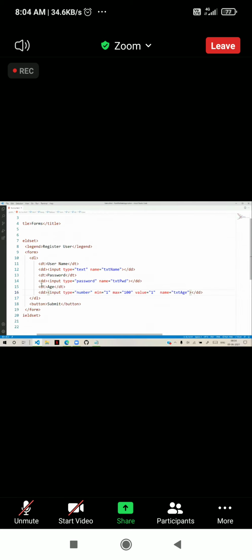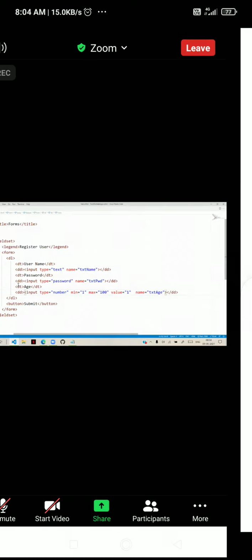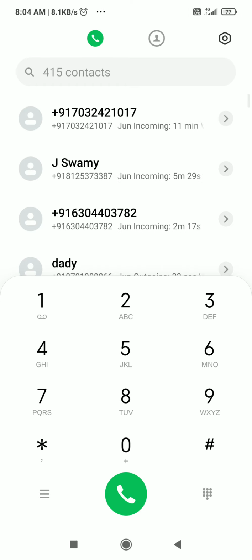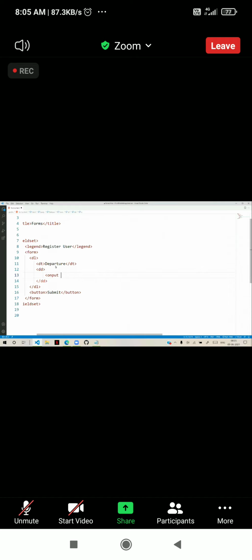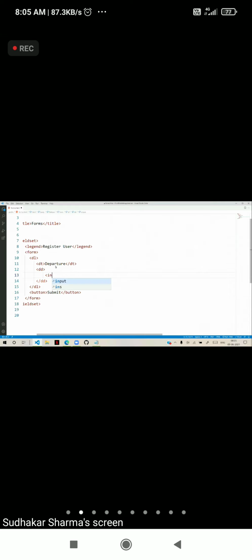For example, here I will remove all this and put a date field, like date of birth or journey date, with input type equal to date.